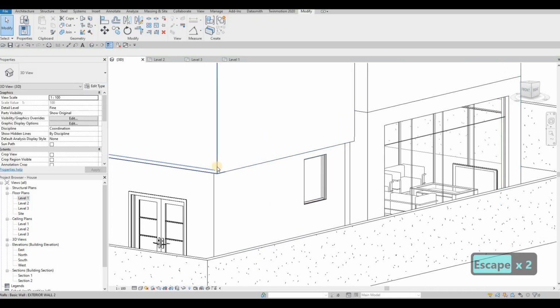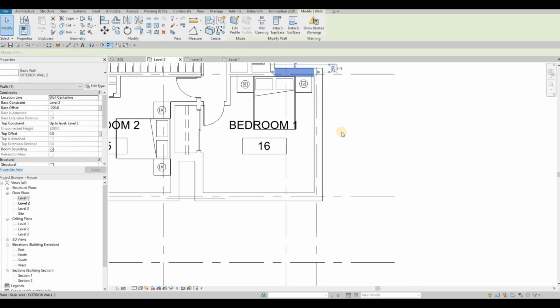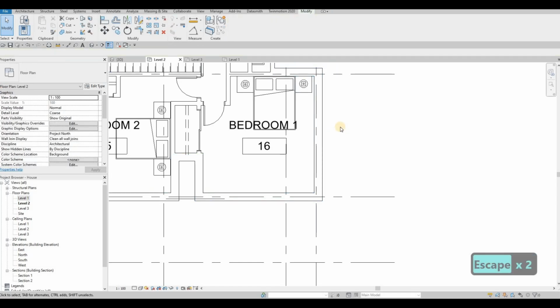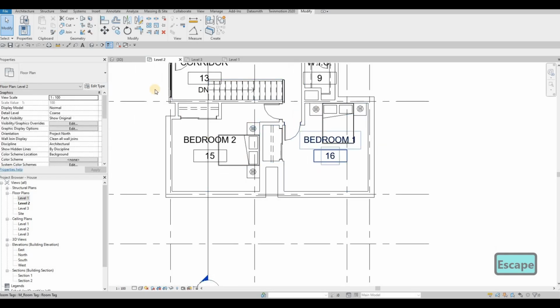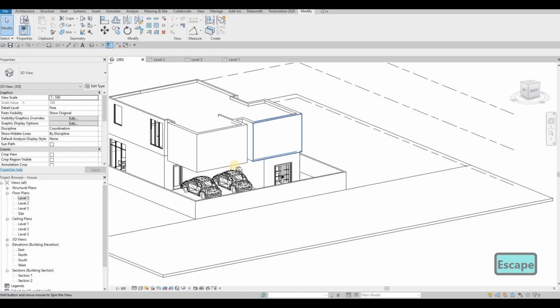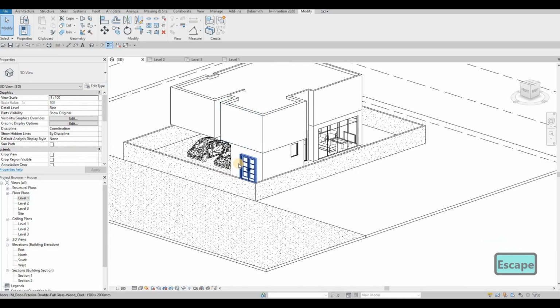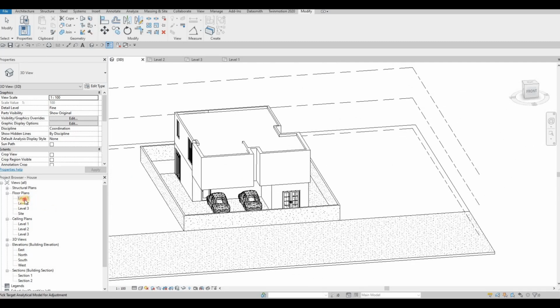If it's giving you some notch, just unjoin them and do what I did, just changing up wall joints, unjoining them again, and then seeing if it's gonna fix itself. And most of the time it will fix itself, but you just need to be patient. So now everything looks good like that. And then I want to add, of course,